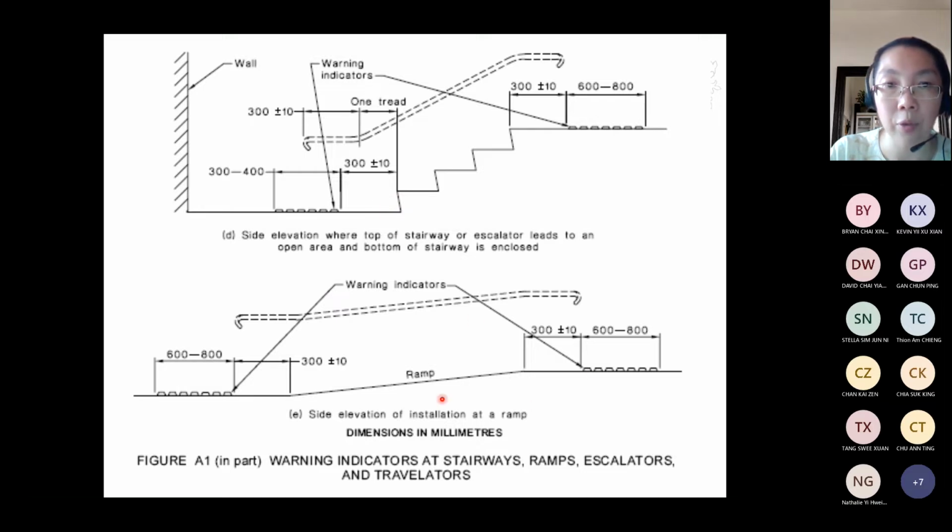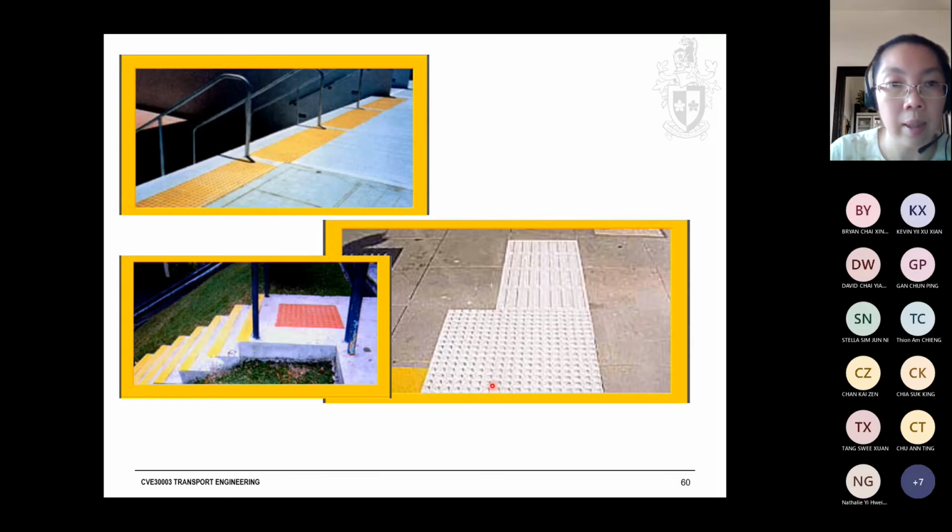All right, same with this ramp. This is for staircase. We need to install it prior to any hazard in front, prior to anything that changes in front of them. Okay, so we see this. Yeah, this one is